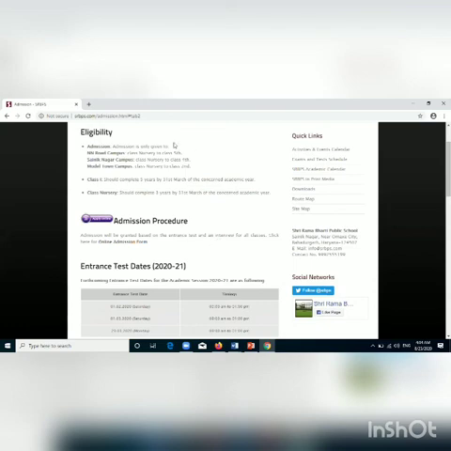Sometimes we think, if we want to design this web page ourselves, can we do it? Yes, we can do it. In HTML, we can do it. We can make the program with the help of tags. We can make any type of web page. Clear? So today I have given only the introduction. What is HTML and why do we use the HTML language? What is the purpose of it?